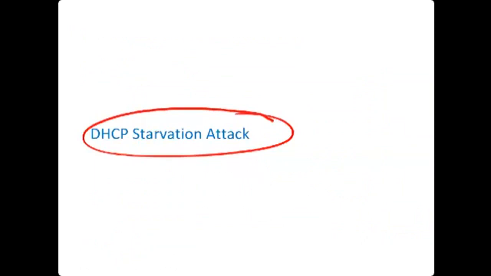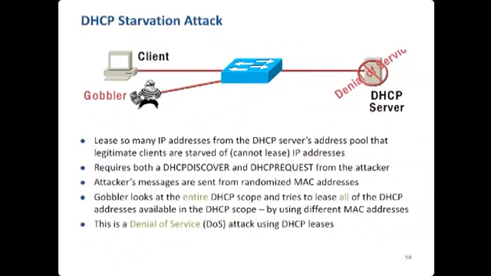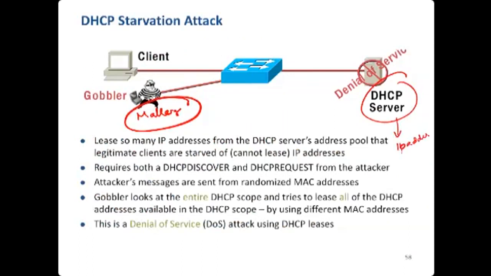This is called a DHCP starvation attack. Okay. Now here is Mallory. Now this DHCP server, of course, has a limited number of IP addresses. This DHCP server will be given some set of IP addresses. Okay. How does it get them? It gets them from some other server. Let's not get into some other router and so on, basically from the ISP. Okay.